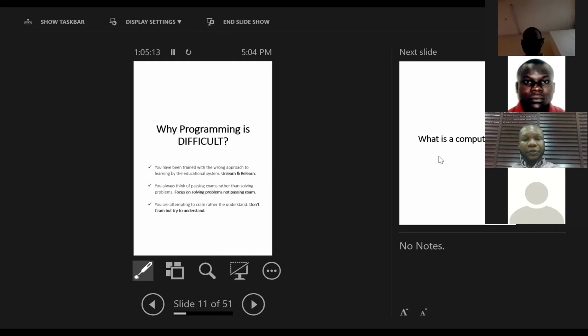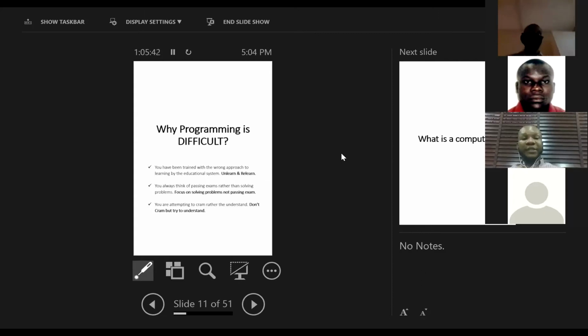Okay. So this is the final thing we're going to be looking at under the psychology of learning coding, which is to see why a lot of people find it difficult to learn programming. And this is very, very interesting. I like to take this part. It's very, very interesting. And the first reason why people find it difficult to learn coding is this: